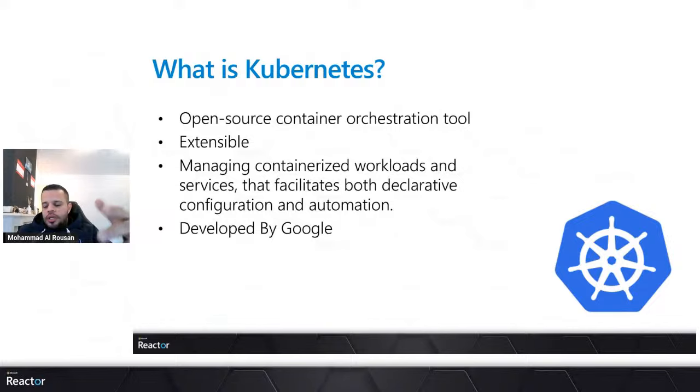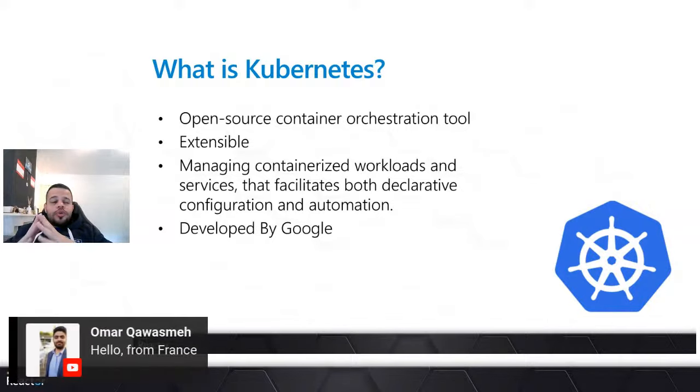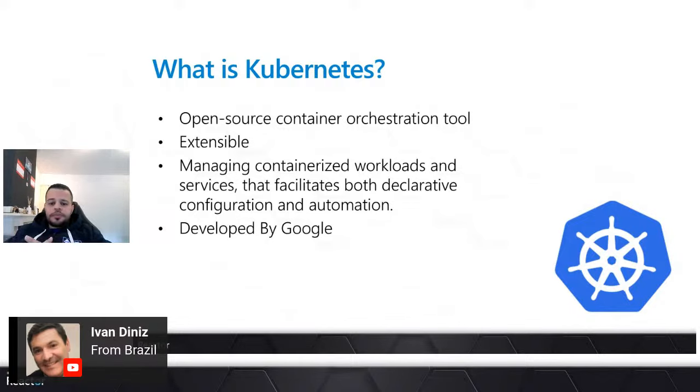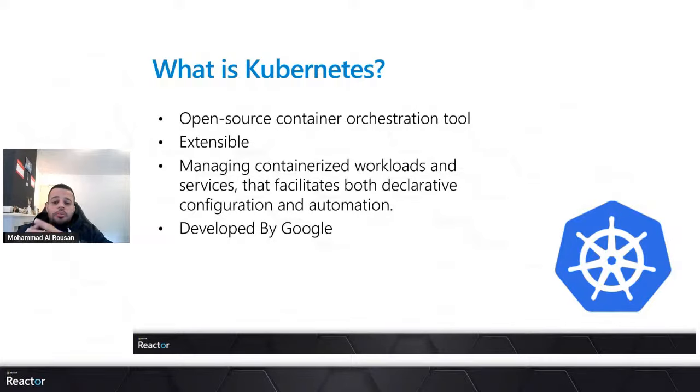So far we discussed containers, VMs, and how we reach Kubernetes. Kubernetes is an open source container orchestration framework, which was originally developed by Google. The main aim of Kubernetes is to manage containers, be they Docker containers or from any other technology, which basically means that Kubernetes helps you to manage applications that are made of hundreds or thousands of containers. And it helps you to manage them in different environments, like physical machines, virtual machines, cloud, hybrid, and so on.